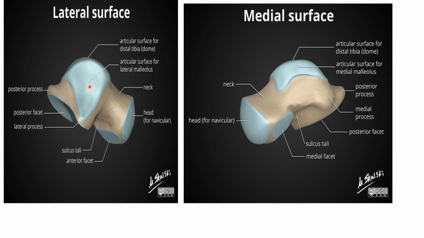And there are some ligamentous attachments we have, like anterior and posterior talofibular ligaments on the lateral side of the talus, and anterior and posterior tibio-talar ligaments on the medial side of the talus. But there are no muscles attached to the talus. Only we can see the bony articulations and some ligaments which are attached to the talus bone.